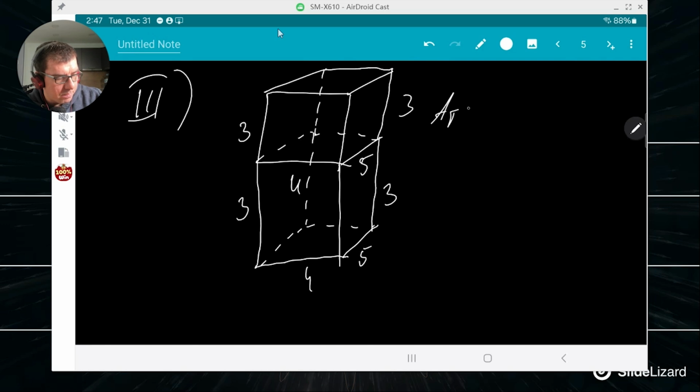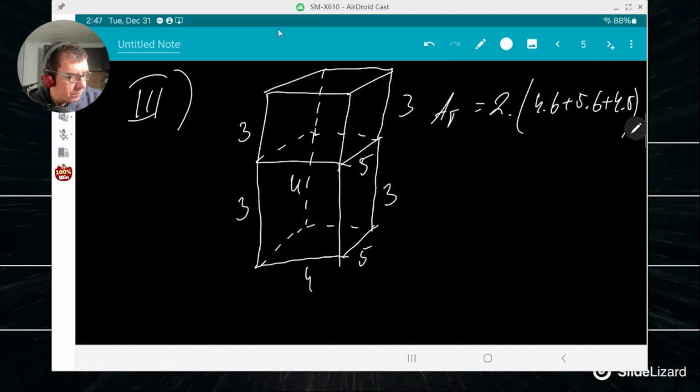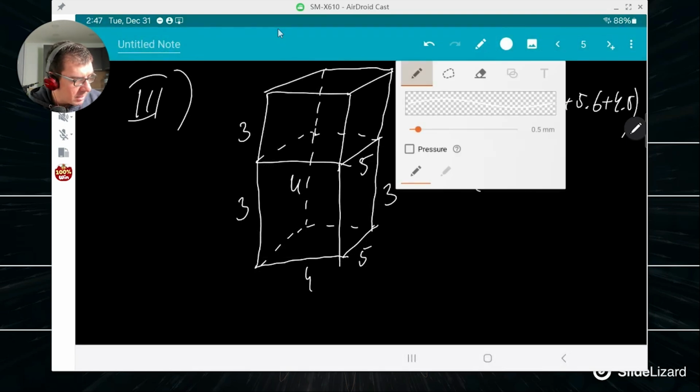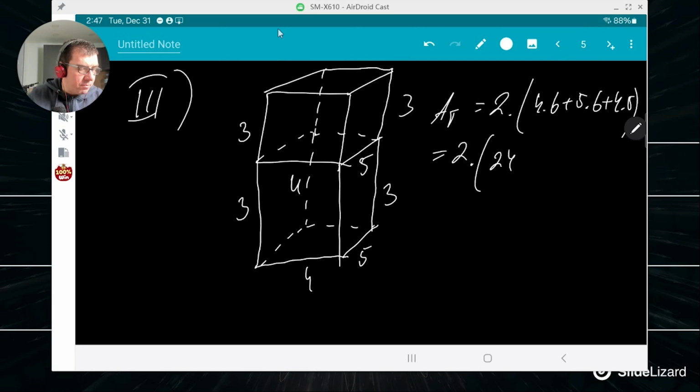So area is going to be 2 times... Now the height is 6, so 4 times 6 plus 5 times 6 plus 5 times 4. 2 times 24 again 22. Why 28 today is following me? This number wants to tell me something. 2 times 24 plus 30 plus 20. 2 times 50, 74,